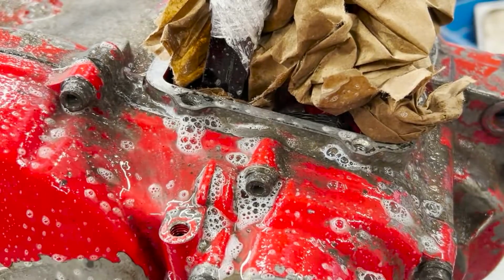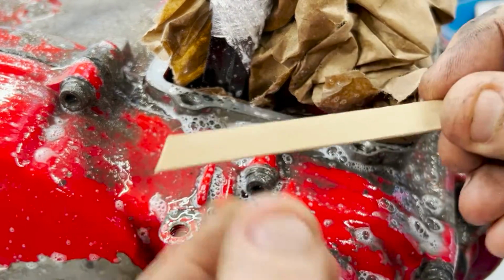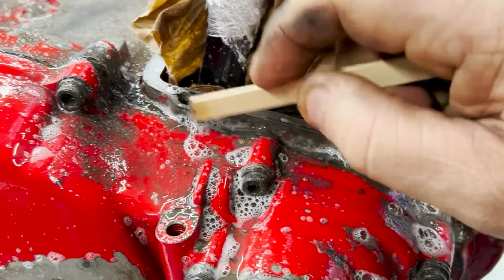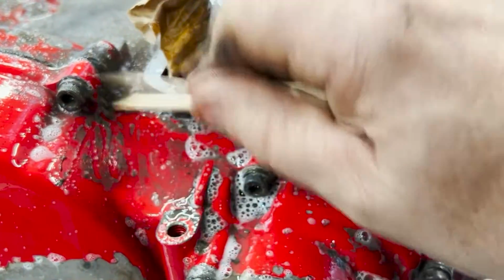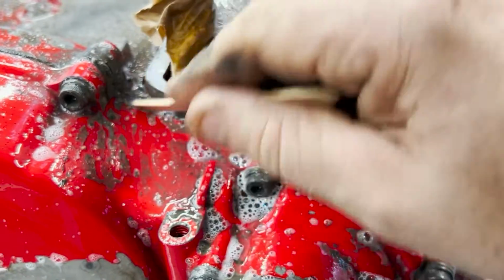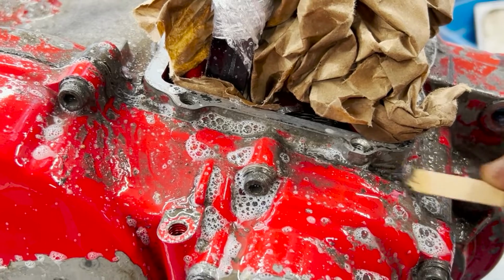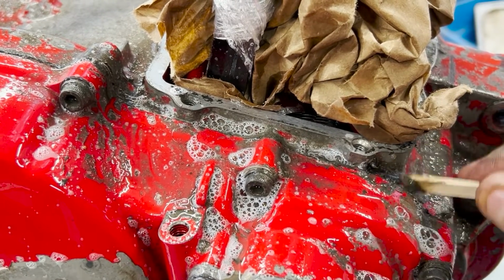Okay, just gonna give that area a little clean. So what I do is I take popsicle sticks, I make a little cut, use an angled side, and I have a round side, and then I just kind of go in, just break it up. You can see though that it's starting, like this Dawn is an amazing thing. It starts to break it up pretty quick. The heat doesn't hurt. Obviously where it's thicker, it doesn't get through to, but that's the point of cleaning it